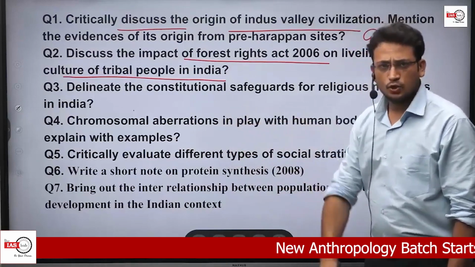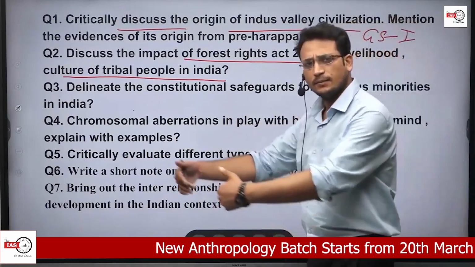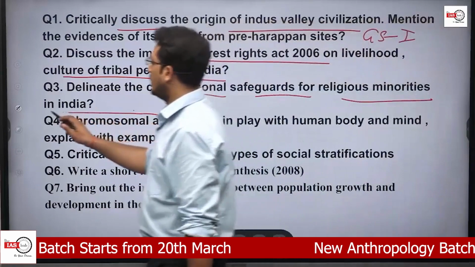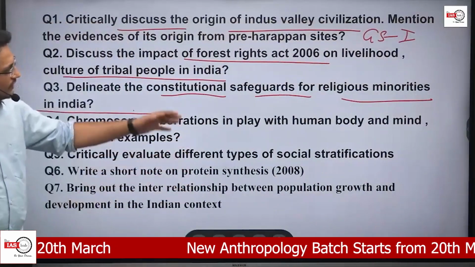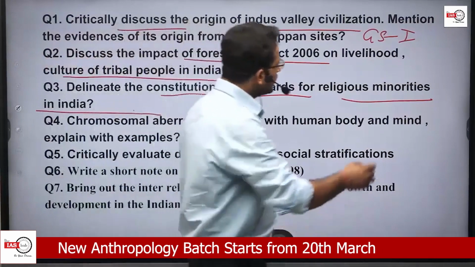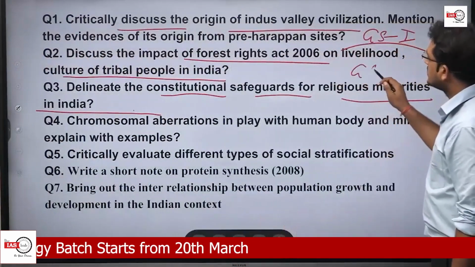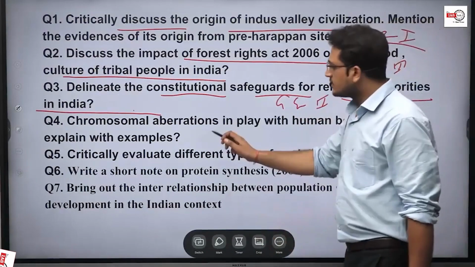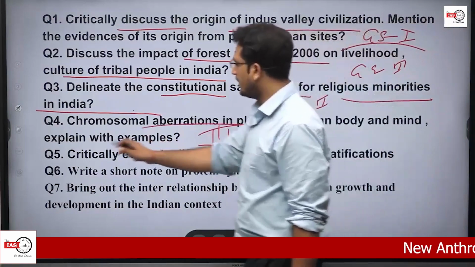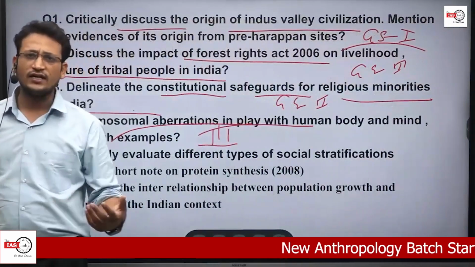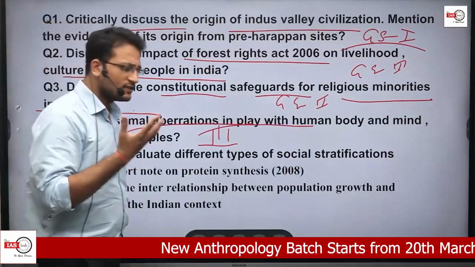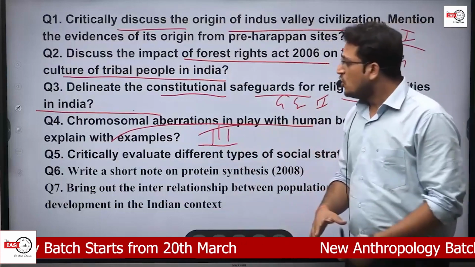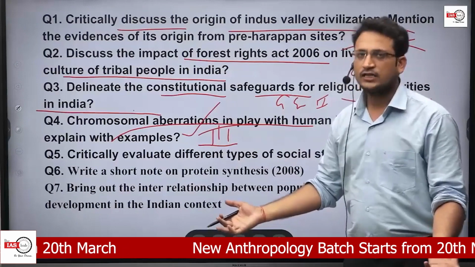Now let's see the third question to substantiate whatever we have discussed in the previous slides. Delineate the constitutional safeguards for the religious minorities in India. What I have done in this slide is I have taken certain questions from every paper. This one belongs to GS paper 1, this is GS paper 3, this is GS paper 2, polity and governance, and this is paper 3 where you will see the chromosomal aberrations in the form of Down syndrome, Klinefelter syndrome. We all read about these syndromes from our prelims perspective, in our science where we prepare for prelims. So we just need to write them. That's what the difference is.